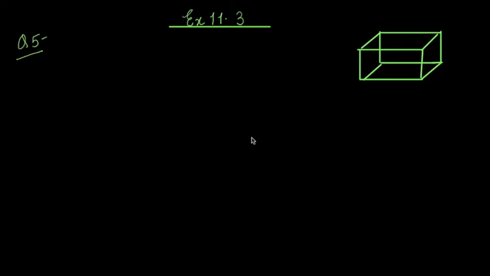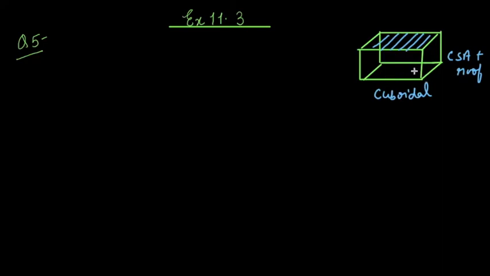In today's session, we will continue exercise 11.3, question number 5. It says Daniel is painting the walls and ceiling of a cuboidal hall. You see this is a cuboidal shape hall, and he is painting the ceiling. That means the roof and the side walls. It means the CSA plus the roof you have to calculate. He is not painting the floor of this hall.